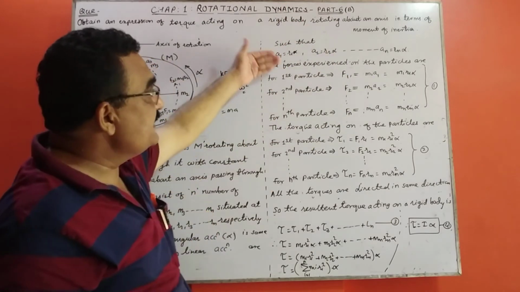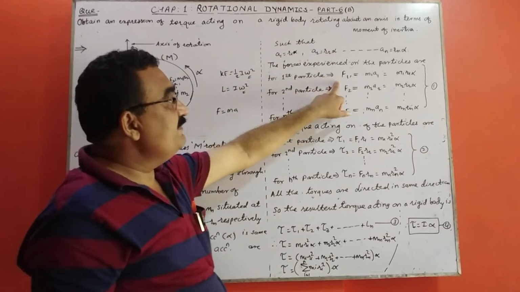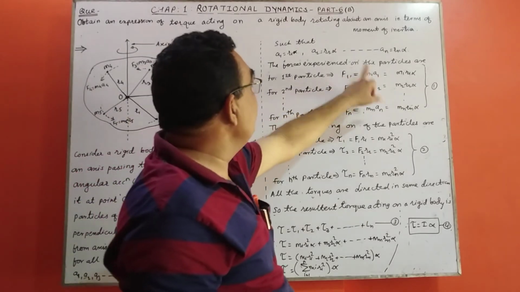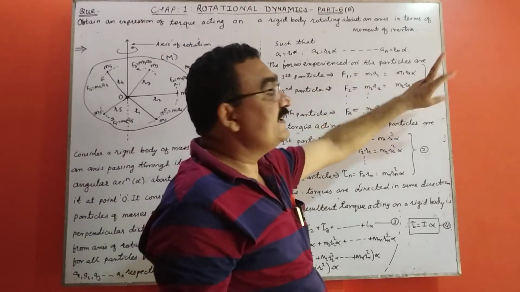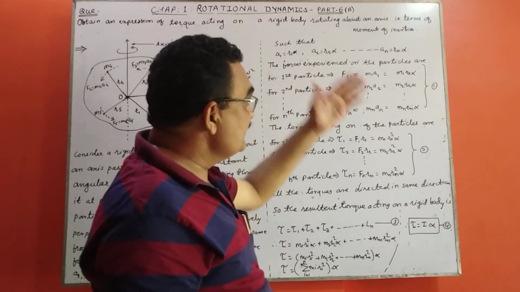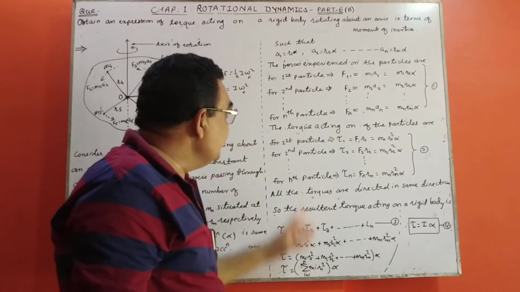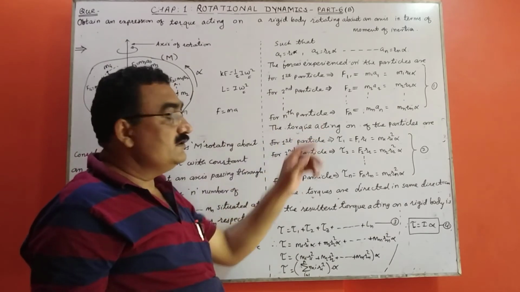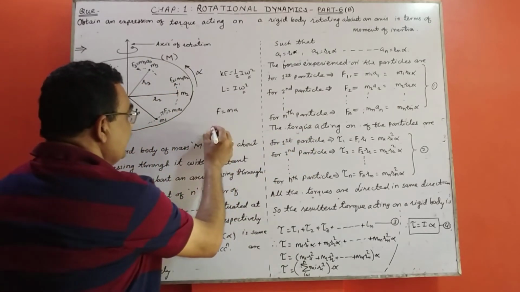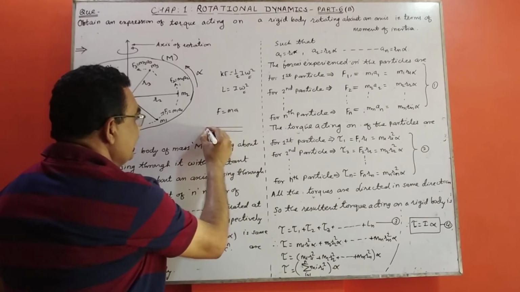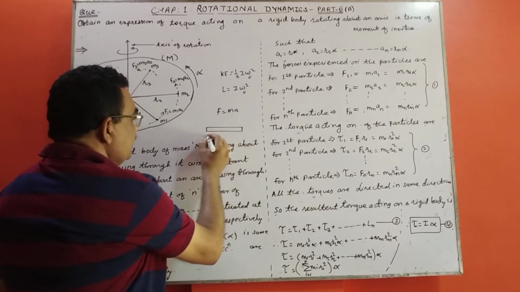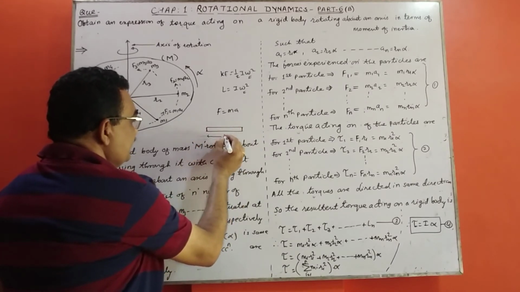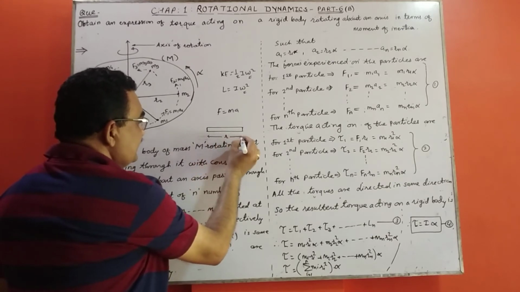Then the forces acting on different particles. F1 is equal to m1 a1, but a1 is r1 alpha, so it is m1 r1 alpha. In this way we can write the equations of forces. Then the relation between torque and force. Suppose this is a body and the distance between these two ends is r,